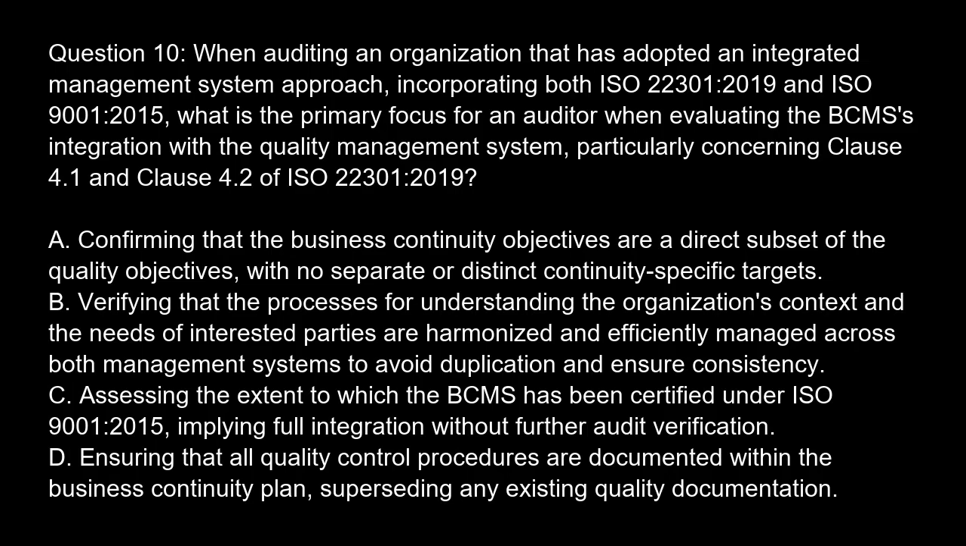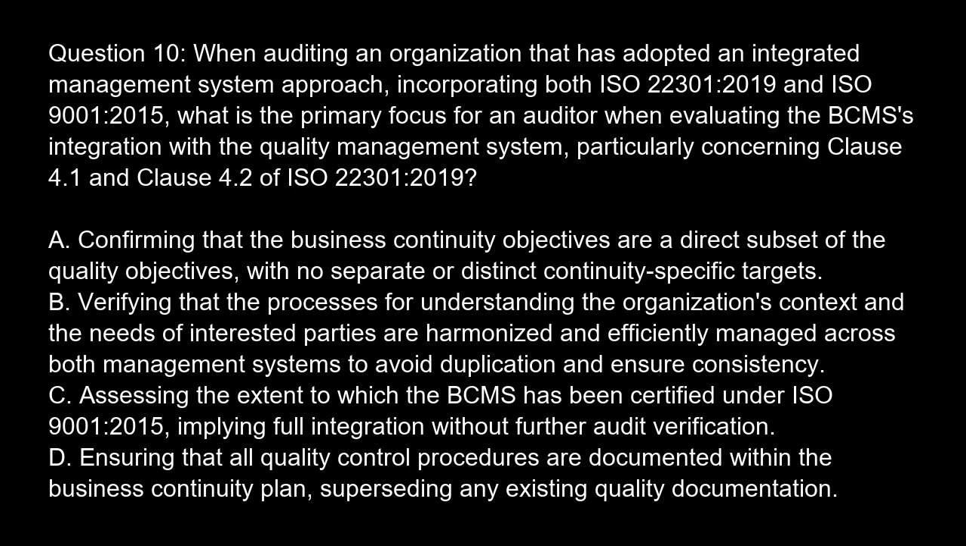Question 10. When auditing an organization that has adopted an integrated management system approach, incorporating both ISO 22301-2019 and ISO 9001-2015, what is the primary focus for an auditor when evaluating the BCMS integration with the quality management system, particularly concerning Clause 4.1 and Clause 4.2 of ISO 22301-2019? Option A. Confirming that the business continuity objectives are a direct subset of the quality objectives, with no separate